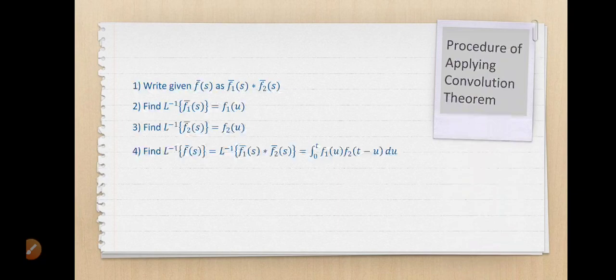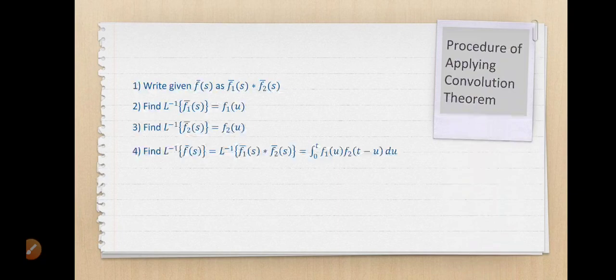The first 3 steps carry only 1 mark out of the 4 marks allotted for such type of examples. Out of the 3 marks allotted for the 4th step, some examiners insist to write the convolution theorem result and they allot 1 mark for this generalized result of convolution theorem to find inverse Laplace transform, and the remaining 2 marks are for the correct solution.